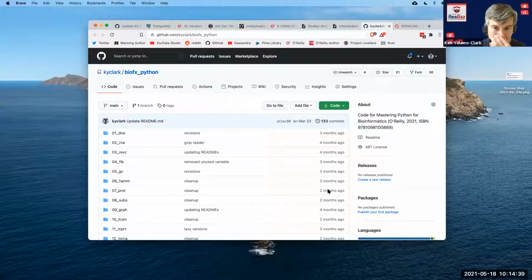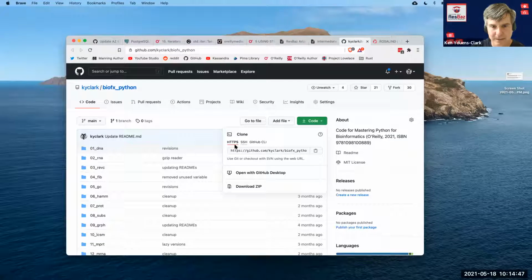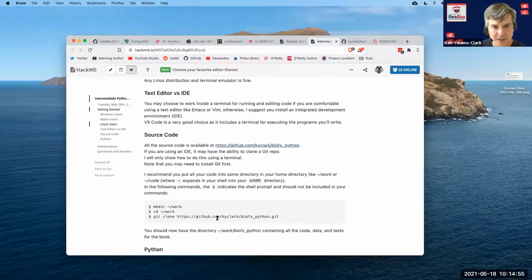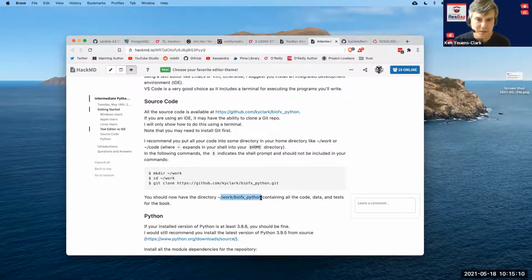Oh well. So if you're familiar with GitHub, you can click on this code button here, and then you can highlight probably this URL to clone this. And all of this is covered also in the preface. But I show here, for instance, in your home directory, I might suggest you create something called work or Python or something like that. And then you could clone this into that directory. And now you should have a directory like this. And that's going to be useful because I have provided a lot of tests and data for you to work with for all of this.